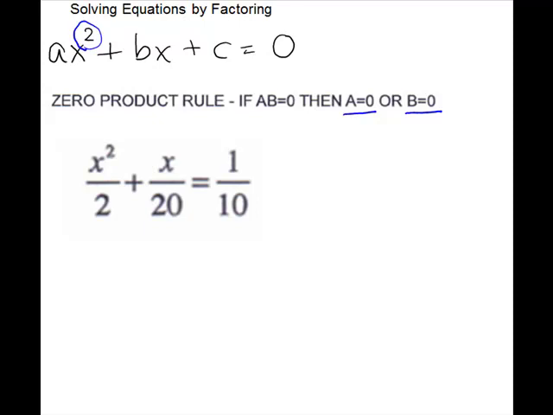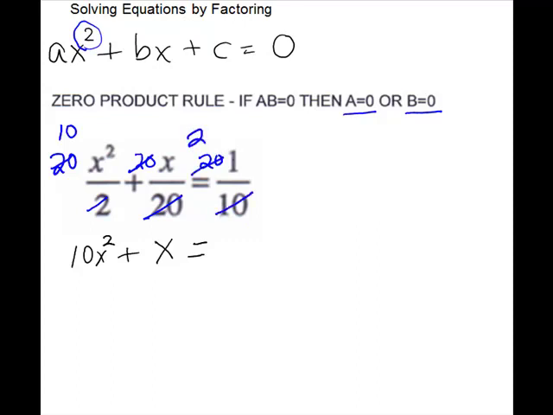Next problem is a quadratic equation with fractions. So we want to clear the fractions out. Remember to find your common denominator. It looks like a 20. Multiply every term by 20. You're doing that on the top so that all your denominators will cancel. So 2 will go into 20 10 times. So we have 10x squared. And next, the 20s will cancel. So we will have plus x. Bring your equals down. And on the other side, the 10 will go into 20 2 times. 2 times 1 is